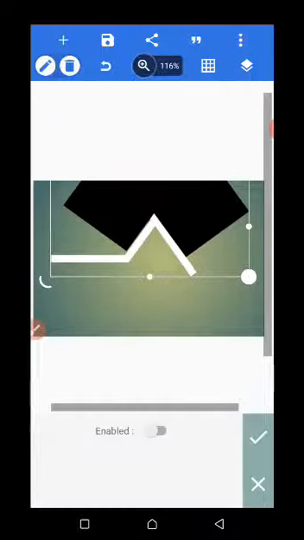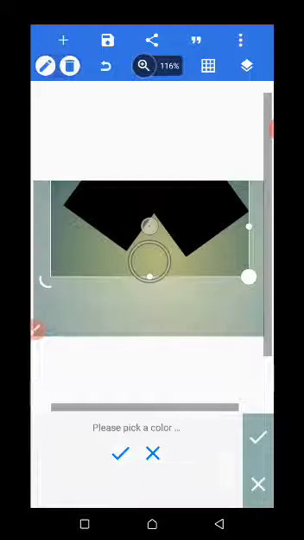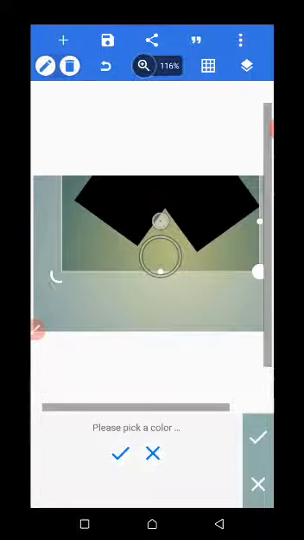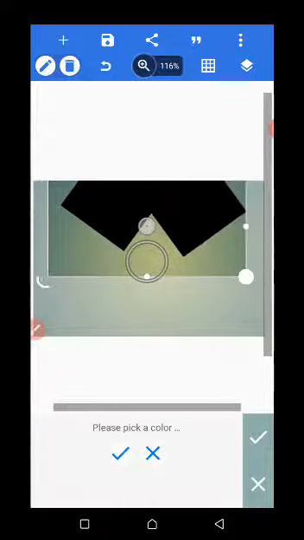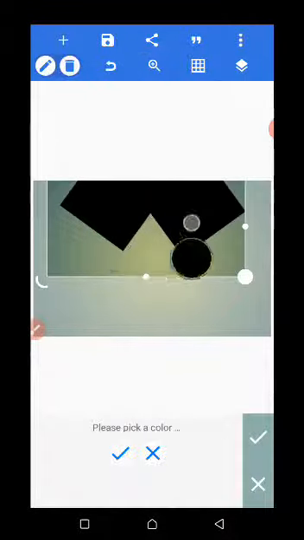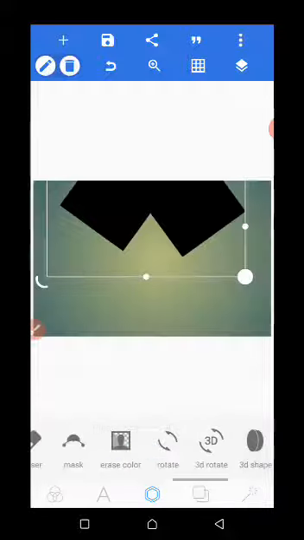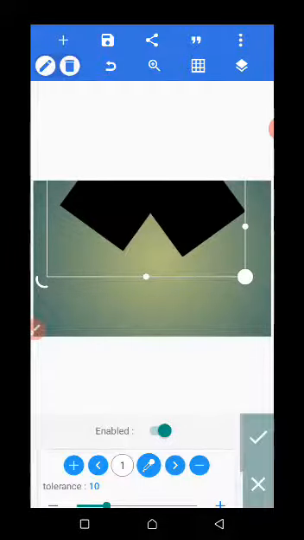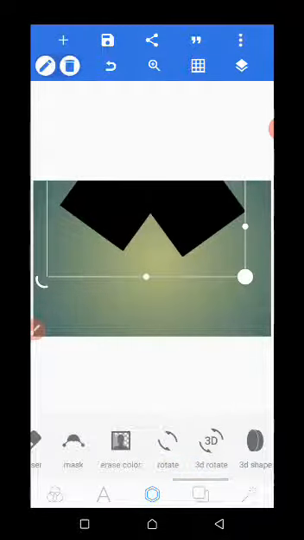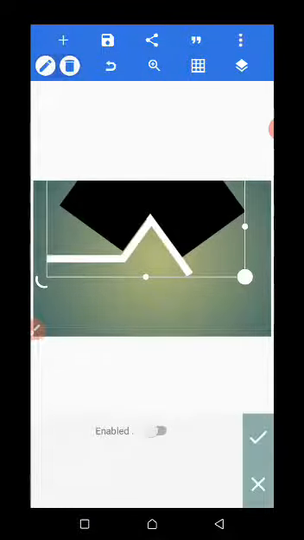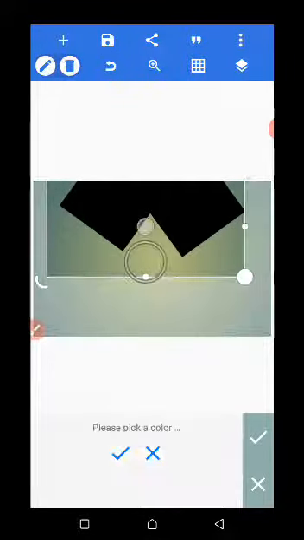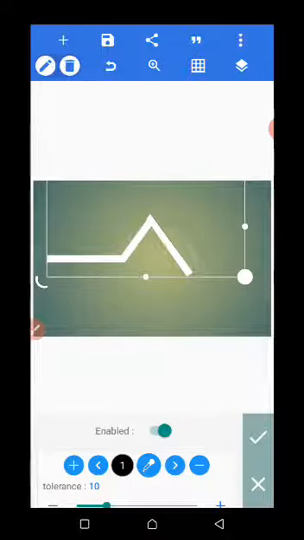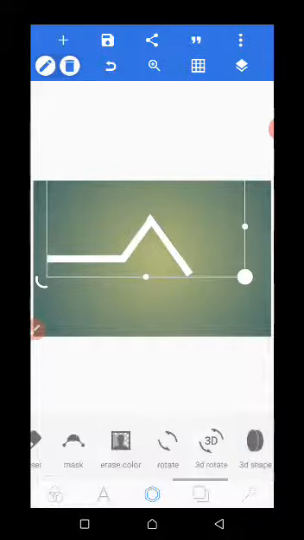I didn't press the OK button. Now that same action, enable. You see, now